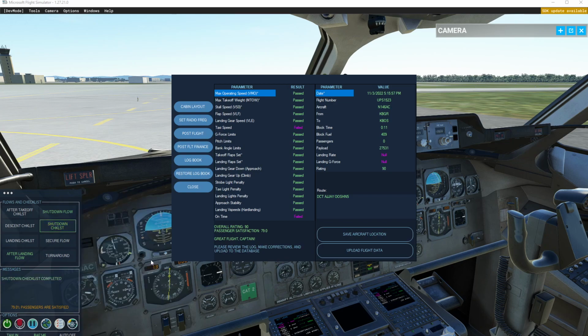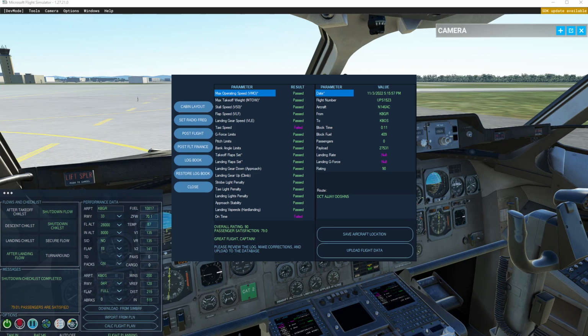We just ran the checklist, and now we're getting the post-flight report. Essentially what this is, you heard the taxi speed. We did speed a little bit there, so that failed. The on-time failed. That's because I did not have the right time set in the block in, so we were going to fail that anyways, guys, because we didn't actually land at the destination airport. The passenger satisfaction 79. Again, we didn't really explore those in great detail because that's a little bit beyond the scope of this tutorial. But nevertheless, I think you got a pretty good